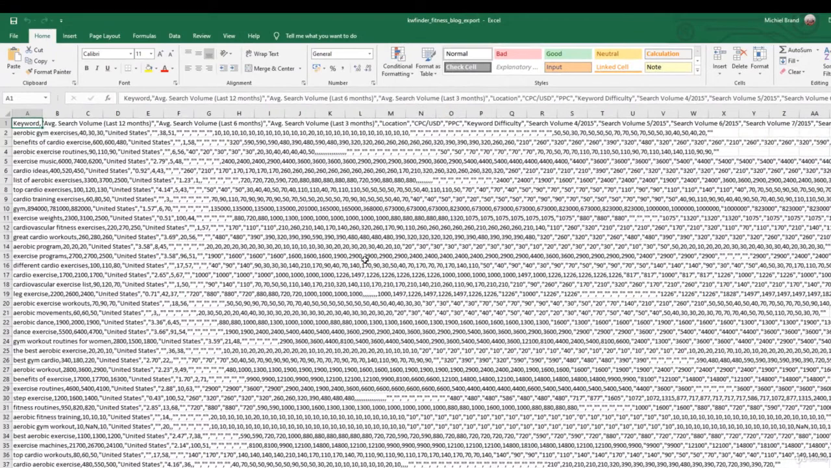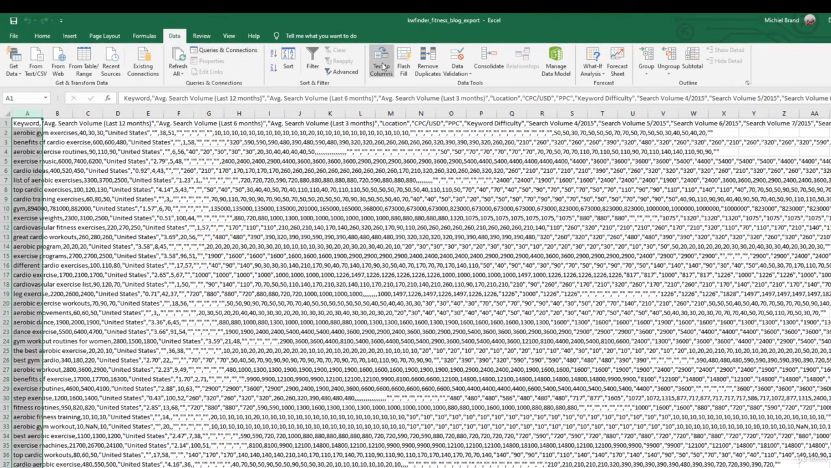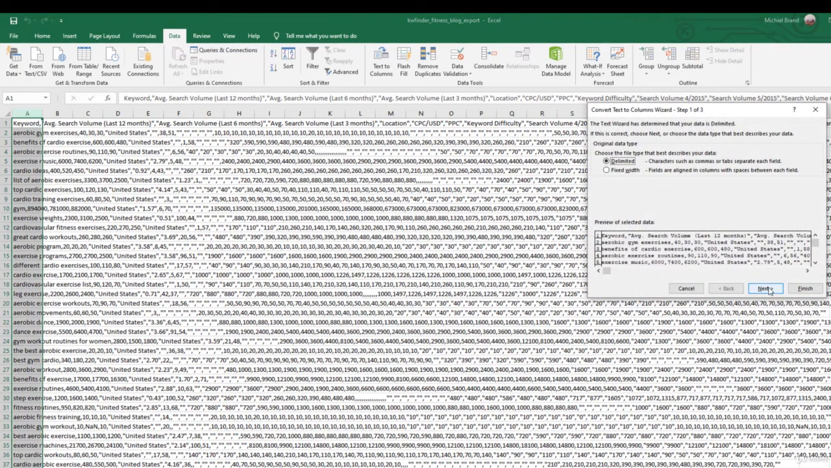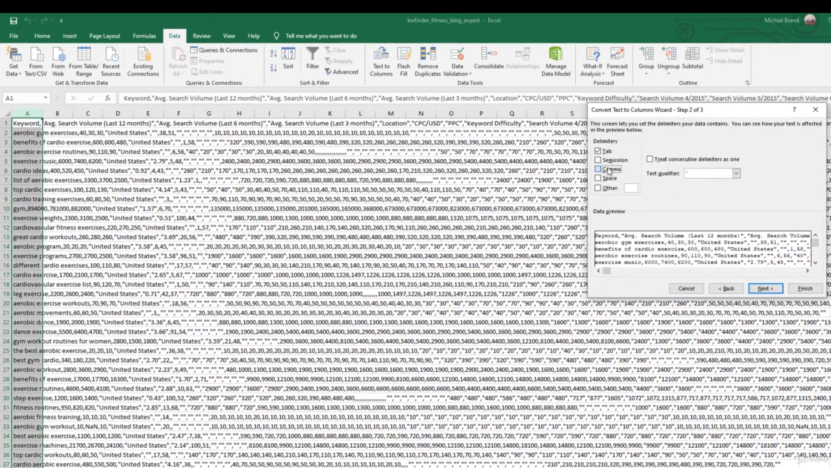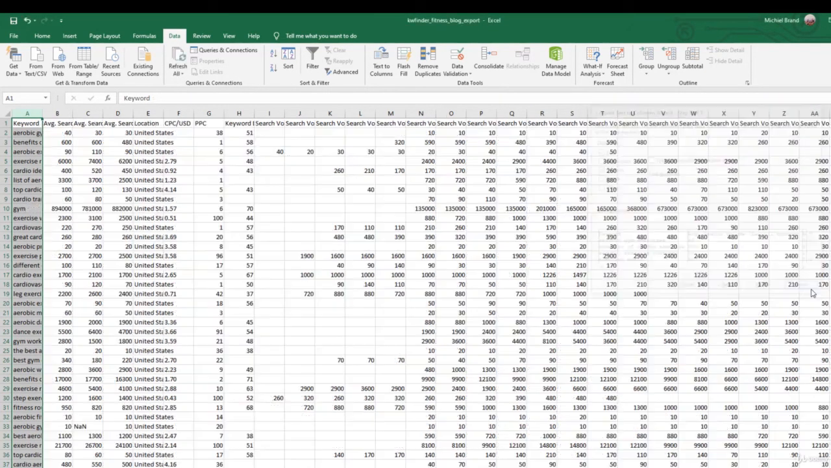You might see all the data in this way so that you can't really see what's going on. To get the data showing correctly, just select the first column, then go to Data, Text to Columns, Delimited, select Comma, and Finish. Now you have all the data in a nice list. Again, you can clean up all the columns that you don't really need,